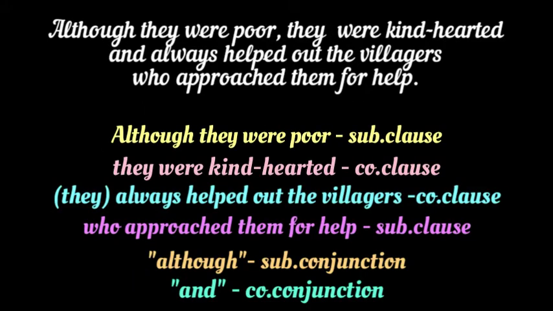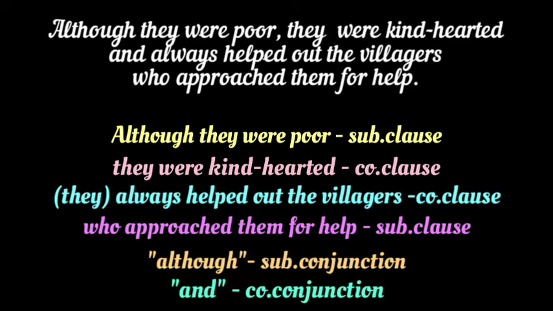Now study the second example. Although they were poor, they were kind-hearted and always helped out the villagers who approached them for help. In this sentence, although they were poor is a subordinate clause and although is a subordinating conjunction. And then they were kind-hearted and they always helped out the villagers are the two coordinate clauses here, joined by